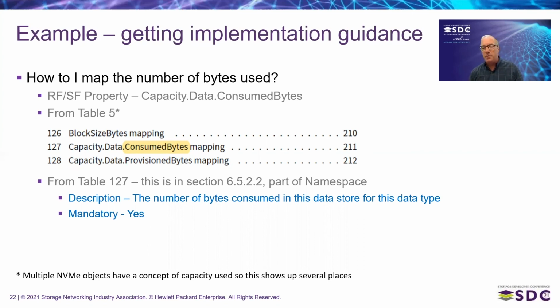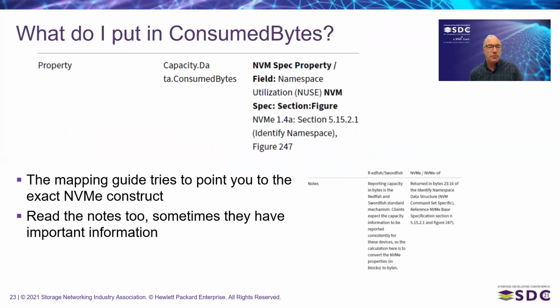Pulling out just a couple of the key values from that section: the description, the number of bytes consumed in this data store for this data type, and mandatory, yes, which you'll see matches the profile, which had it listed as mandatory by the nature of it being included with the brackets. So how do we fill that out? The top there, I've grabbed a screenshot from the table showing the property